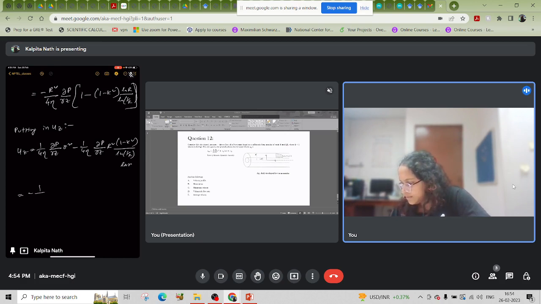So this is 1 minus. Another thing is left, that is C2, minus r square by 4 eta del p del z 1 minus kappa square ln r by ln 1 by kappa,